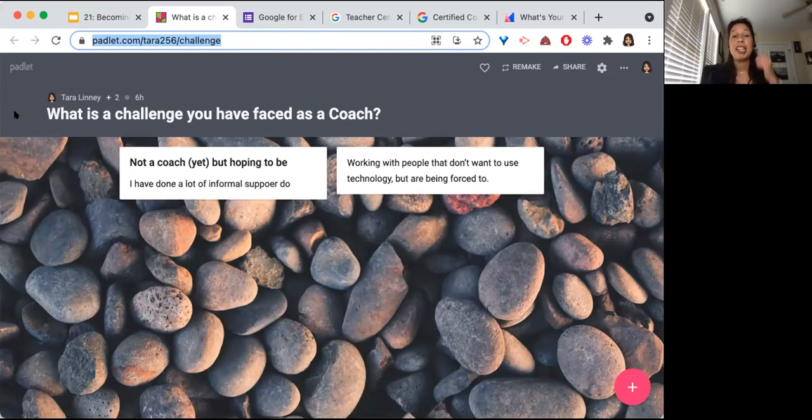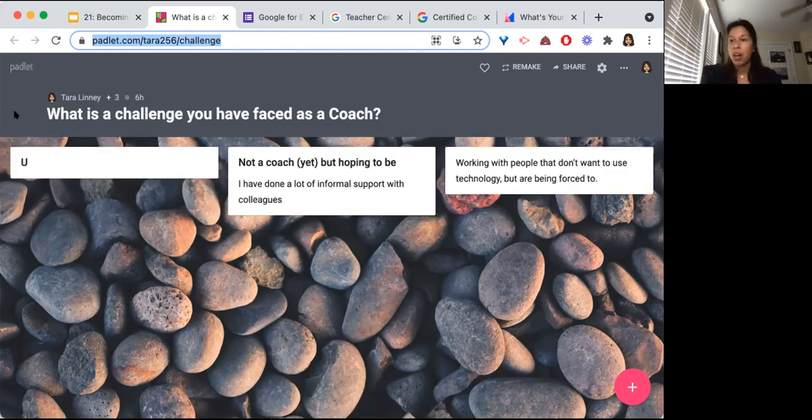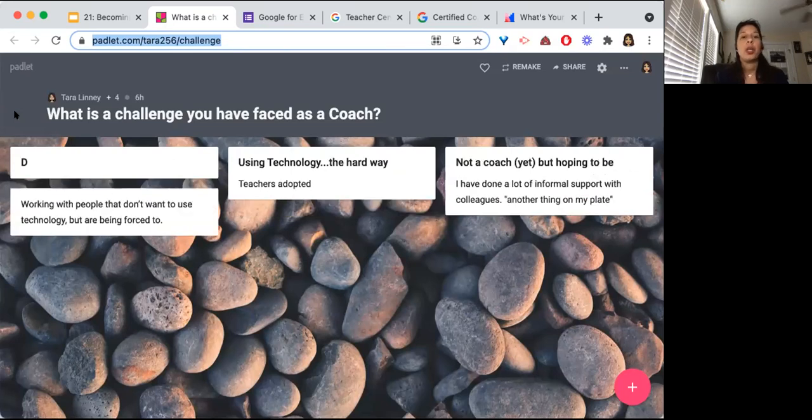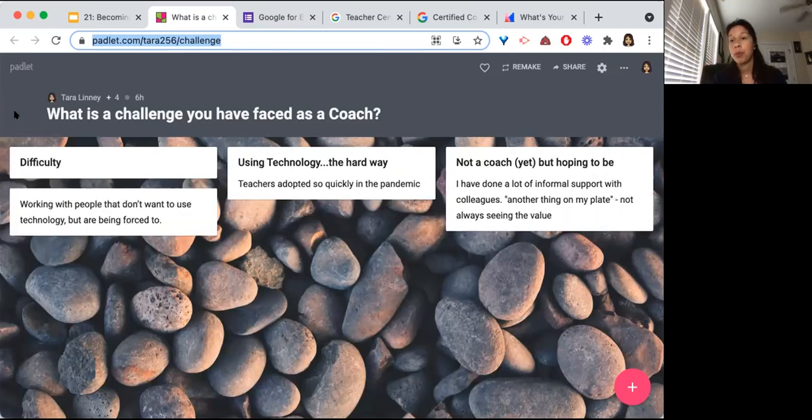Oh my goodness. And I already see some good challenges coming up. So working with people that don't want to use technology, but they're being forced to. That's a very hard thing. And this Padlet is set up so that as you add your challenges, if there's one that you see, you can like that post to show that you relate. And if you wanted to add your social media handles, you can do that as well.